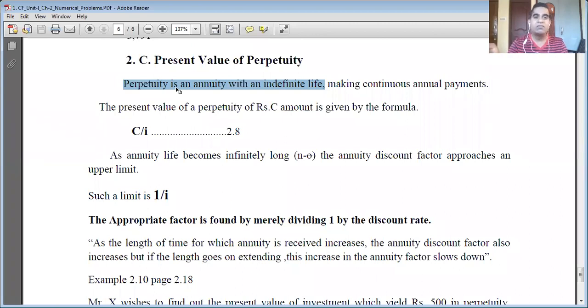See, for example, for annuity, I took the example of cumulative deposit or recurring deposit bank account. I hope this basics you should know. You cannot ask the teacher at PG level, sir, what is the cumulative deposit? But I will tell still, if you don't know what is the meaning of recurring deposit or what is the type of cumulative deposit, please feel free to ask. Okay.